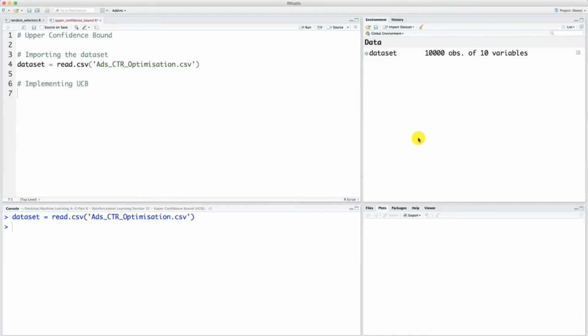Hello and welcome to this R tutorial. So in the previous tutorial we imported the dataset, and today in this tutorial we're going to implement the UCB